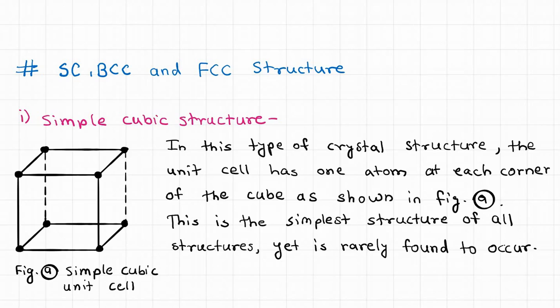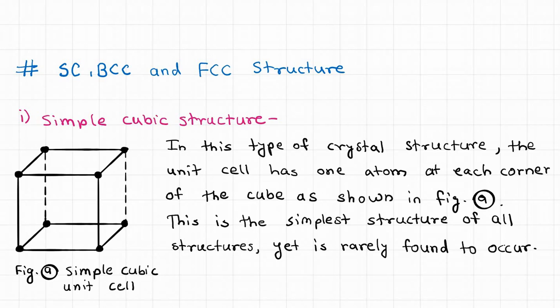In our last lecture, we have seen what Miller indices are and what the interplanar distances in a crystal structure are. Today we are going to learn the atomic radius of simple cubic structure, body centered cubic structure, and FCC crystal structure. Also, we are going to see the number of atoms in a unit cell, that is in a simple cubic unit cell, face centered cubic unit cell and body centered cubic unit cell. Also, we will see the packing fraction of SC, BCC and FCC structure.